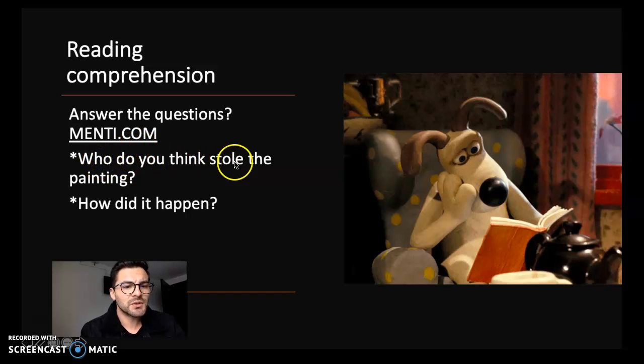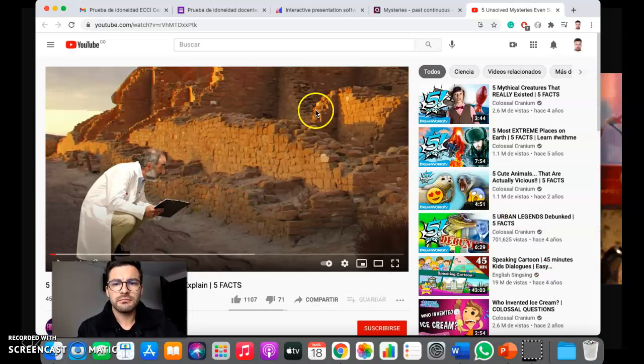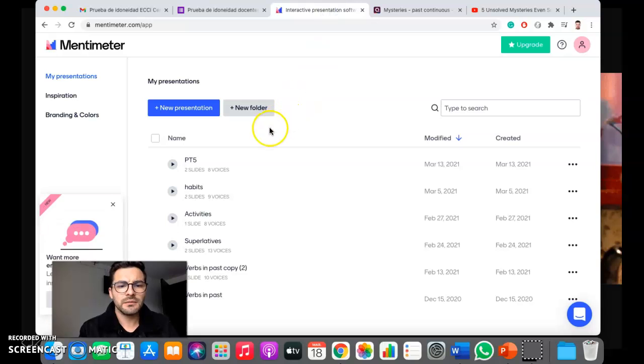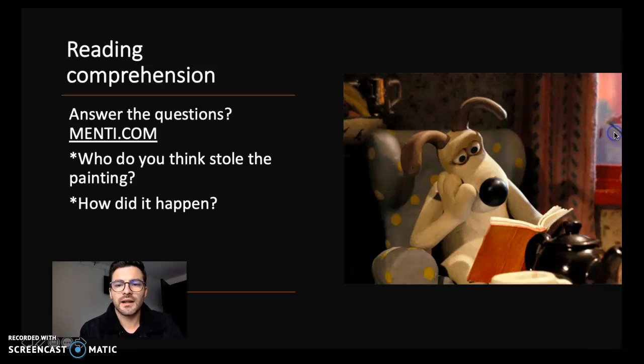Who do you think stole the painting? And how did it happen? How did the crime happen? Okay, let's go to Mentimeter. And here we have Mentimeter so that we can practice,